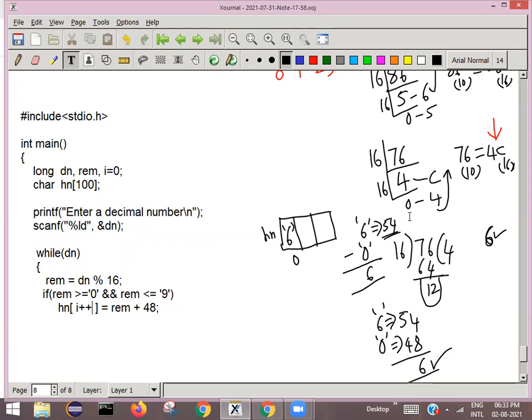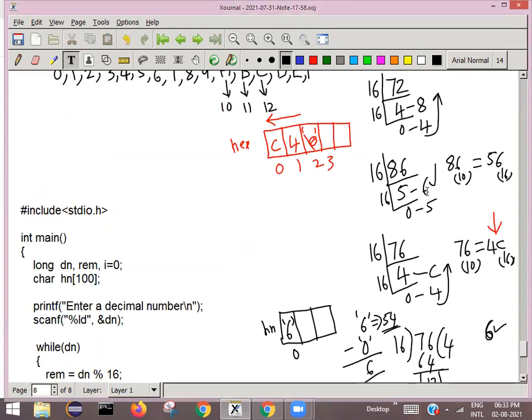So 6 will be stored as a character. The for loop is not required, because it is already inside the while loop. We are testing only this remainder, 6.